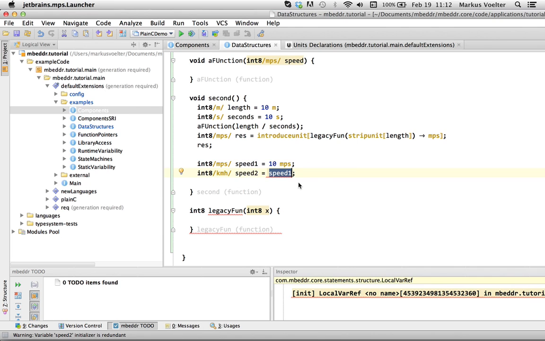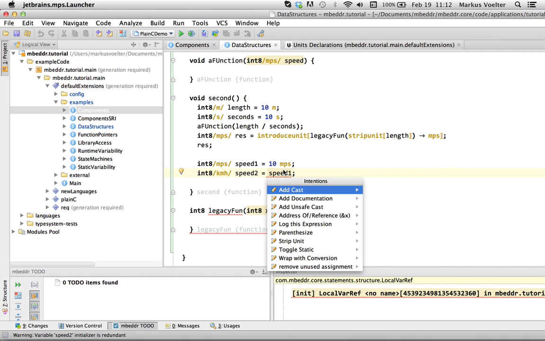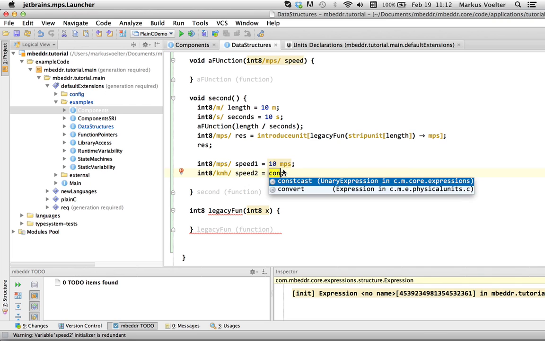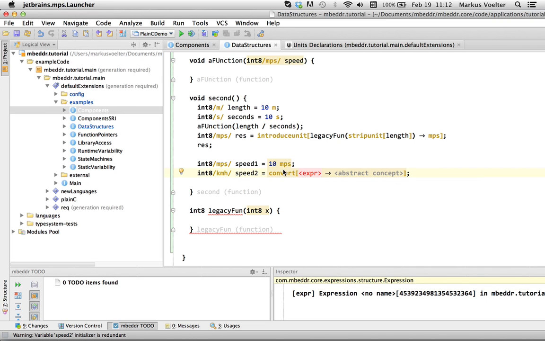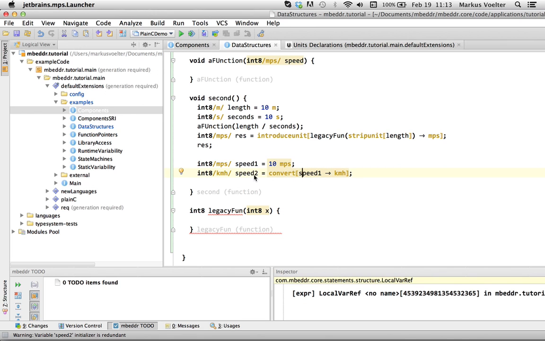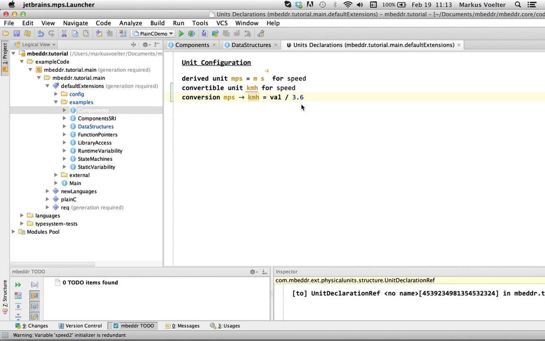So what you can do is you do a, not sure if we have, no we don't, so there is a convert unit, so you can take the speed 1 and convert it to meters per second. And what happens here, oh, in kmh, of course. Right. What happens here is that the conversion rule that is defined here is automatically inserted,